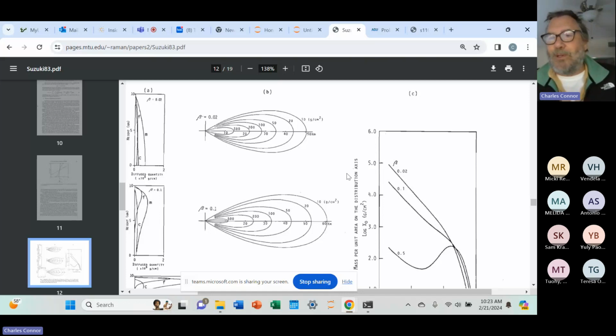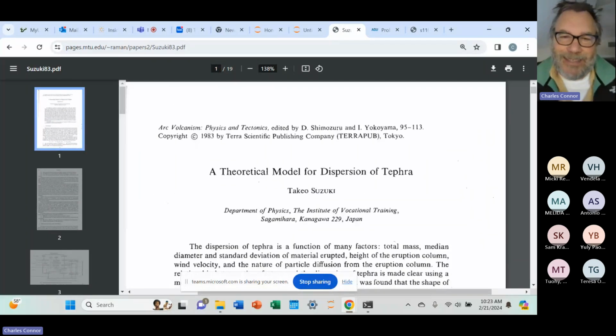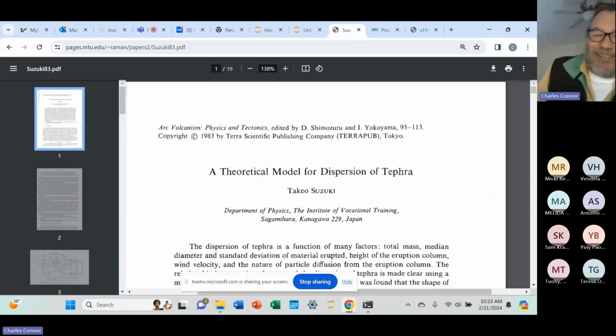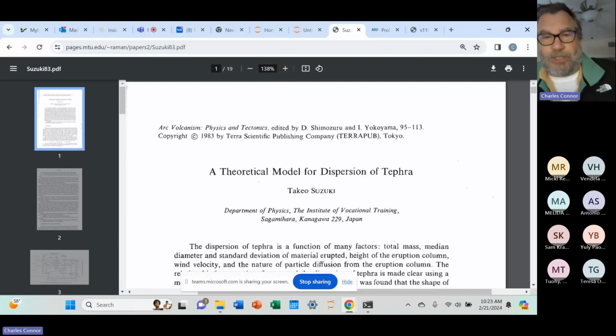And one of the most interesting things to me about Suzuki is he was working on this as a PhD student, and he was working with another volcanologist, his professor, and his professor, Tadahide Ui, got kind of, the story is Ui got kind of mad at him for spending so much time on this crazy model of Tephra dispersion, and he wanted him to go out and do more volcanology instead and characterize debris avalanche deposits, which were